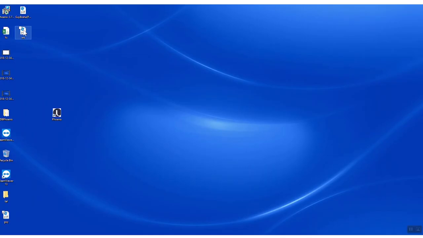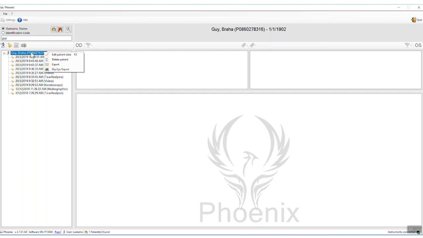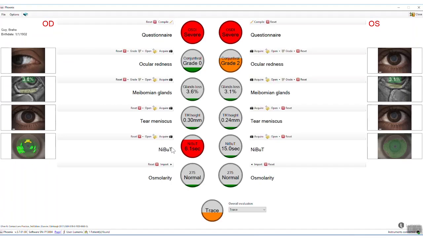So this allows us to also put it into a different patient folder. Maybe using an external source, you can move it into the external source. So the next time we're going to do this, maybe in 6 months' time or in a year's time with the same patient, when we go into the dry eye report, we're going to see the last results that we had. And what we're going to do, we can either